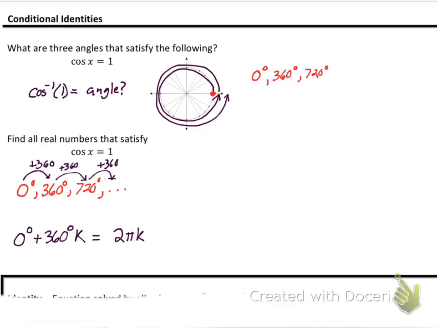So I don't think that's the hard part about this lesson. The harder part is our set builder notation that we have to use to write this, because 360 times k or 2 pi k doesn't mean much. All right, it's not an actual set. So what we're going to use is something called set builder notation. And what we're going to do with set builder notation is we're going to say, well, x, so that x right there, x exists, and then we'll put a line. That line right there means such that. So x can be anything such that x equals